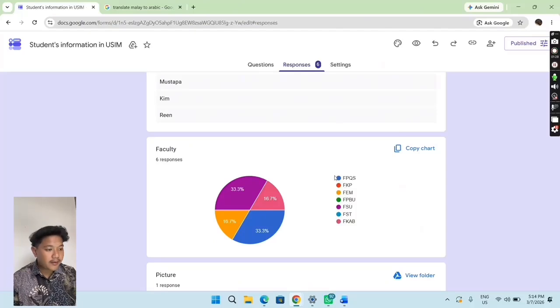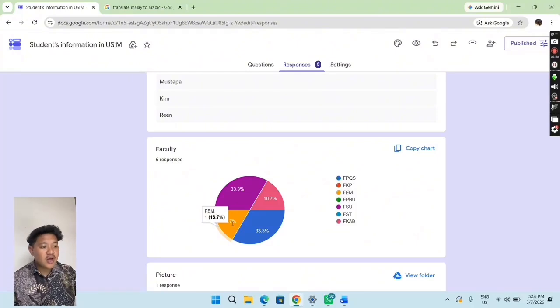Okay, for example, I explain to you. You can see the blue corner, which has FAQs, and you can go to the blue corner and you can see 2 people answered your Google Form from FAQs, and it also has a percentage. The percent is 33.3%. Next, I want to show you the orange color from FKP. You can search the orange color. Oh no, students from FKP answered your Google Form.